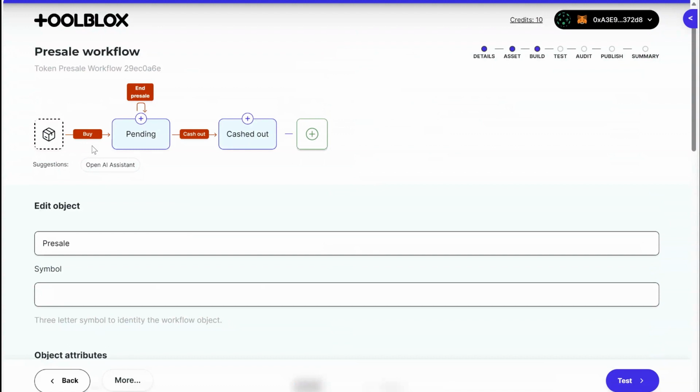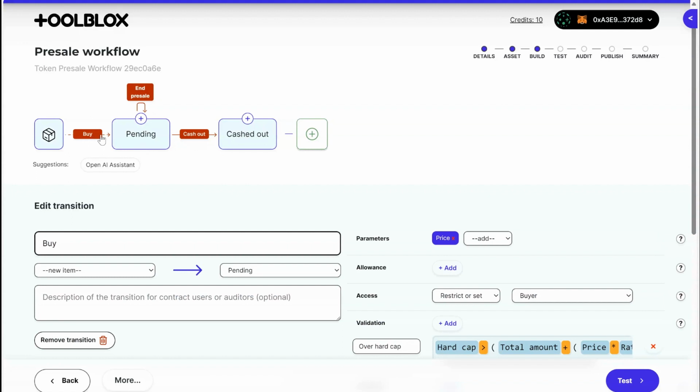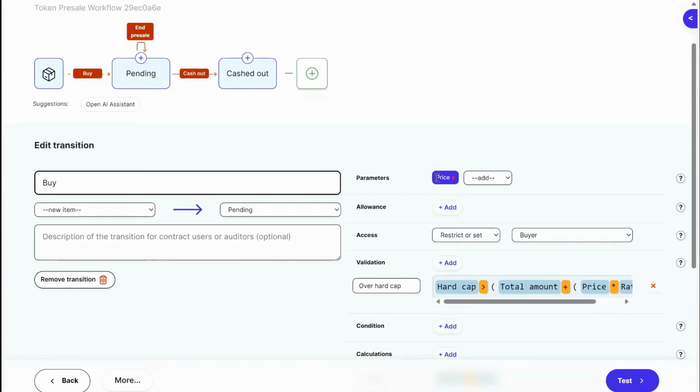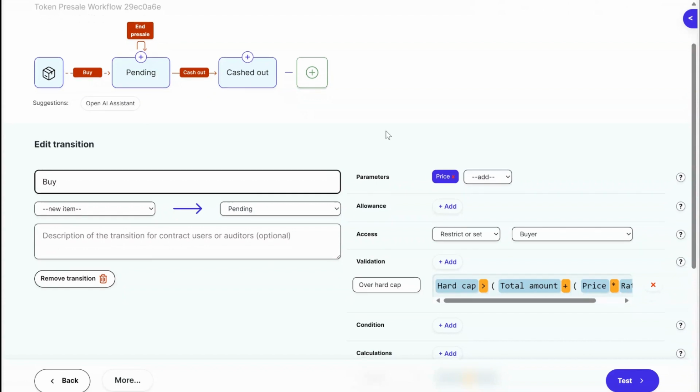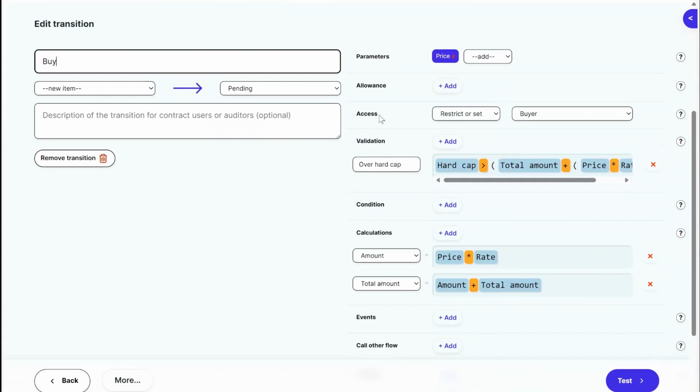Now, let's see what the workflow actually looks like. So first off, we have the method buy, which takes in a parameter called price, so the user can actually say how much ETH or other native token they want to deposit. Now there's a validation next, which means that the hard cap needs to be higher than the price